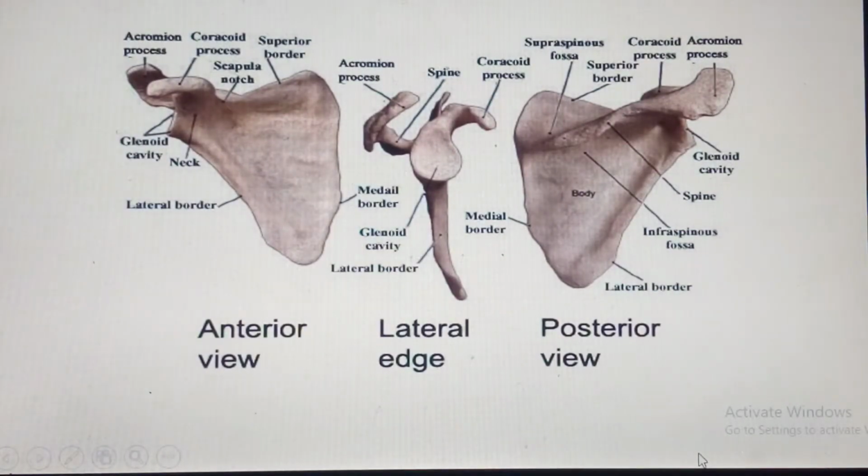Before I go through these muscles, it is very important that we know some bony attachments. There are two bones that I will spend a few minutes going through, as far as the important prominences where these muscles attach. If you take this bone, there are various views. This is the anterior view, because you don't see the spine; you can see only the subscapular fossa. This is the lateral view, because you can see where the glenoid cavity is. And this is the posterior view, because you can clearly see the spine eventually projecting laterally to become